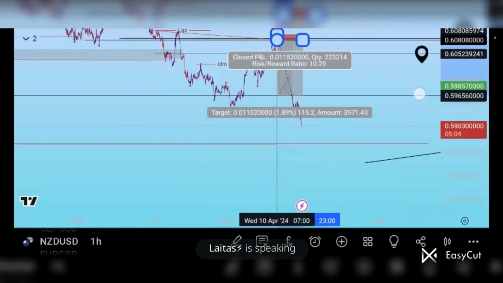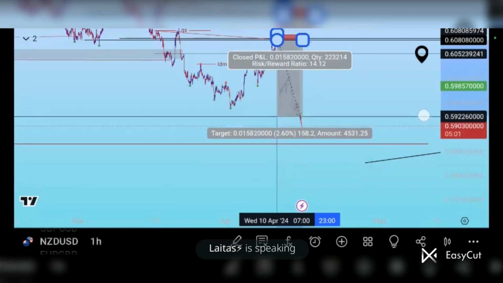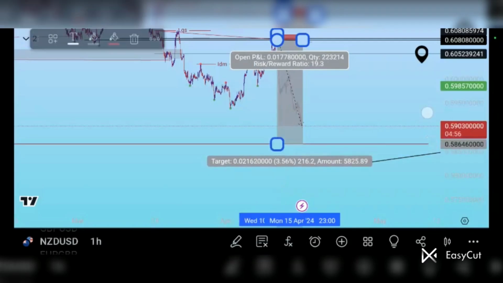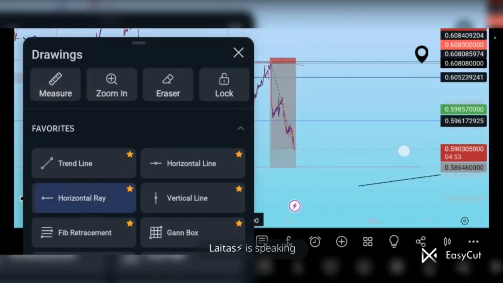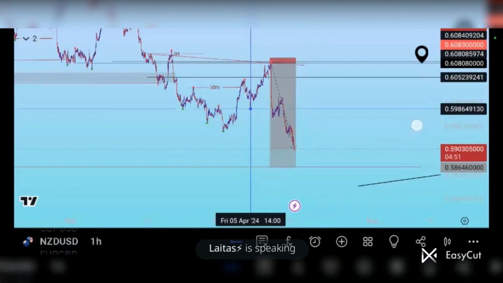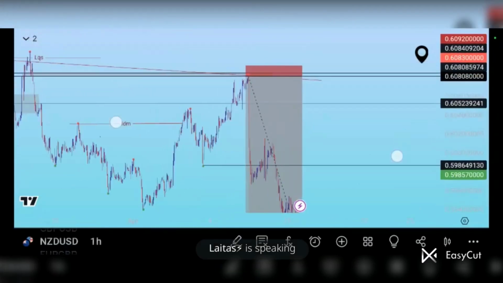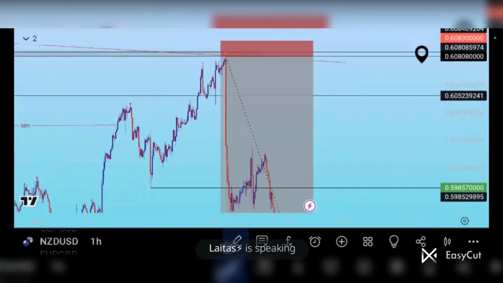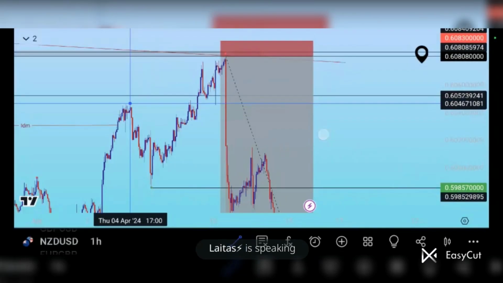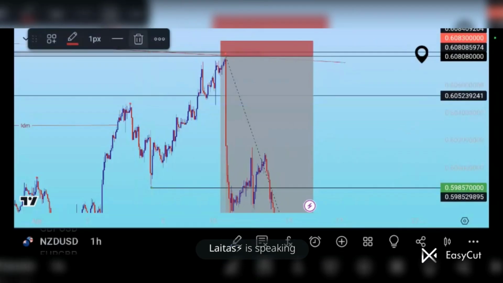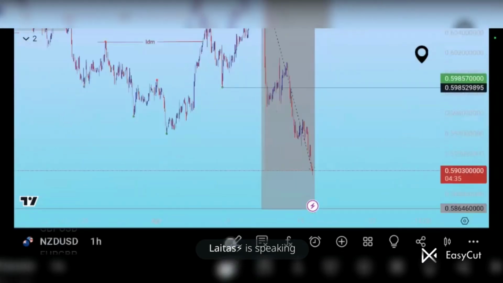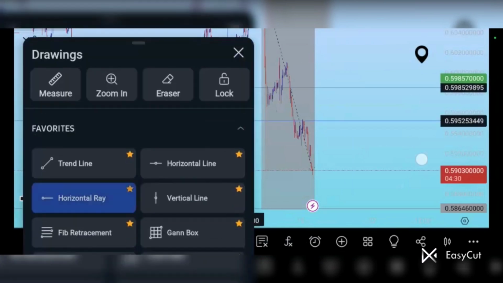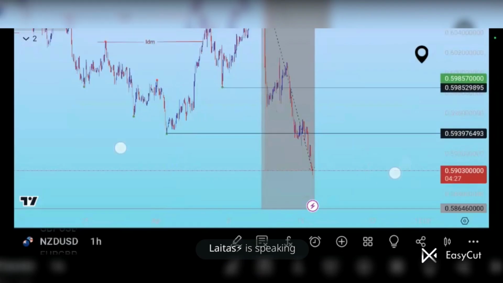They'll do the TP1 here, TP2 here, then TP3. Let me mark it off. TP1 here, because you see this very well. This is like inducement too. Look at this, it is like inducement because it broke for sure. And this is the low. So here TP1, here TP2, then